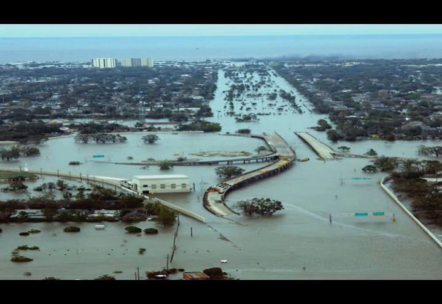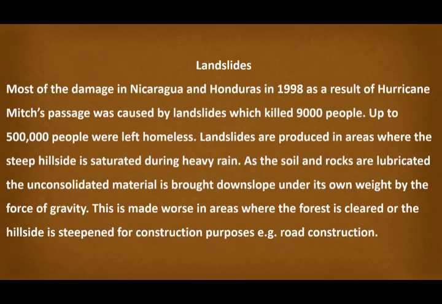This is actually in Louisiana after the passage of Hurricane Katrina. Hurricanes also cause landslides. Because the land becomes saturated due to the heavy rains, eventually the soil becomes loose and is dragged down the steep slopes under the influence of gravity.